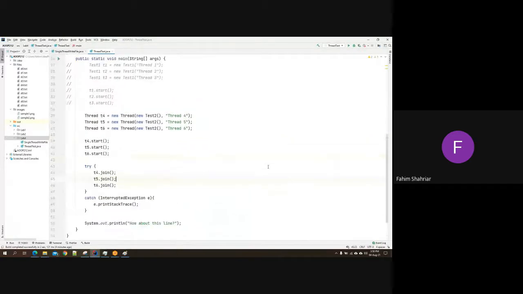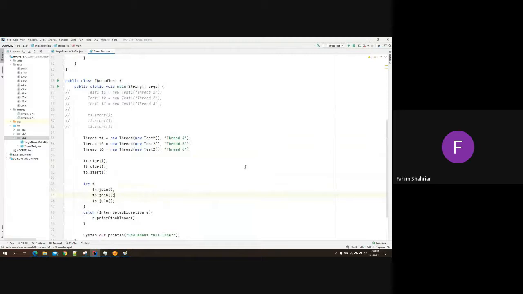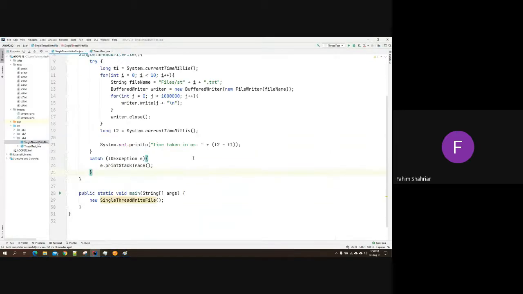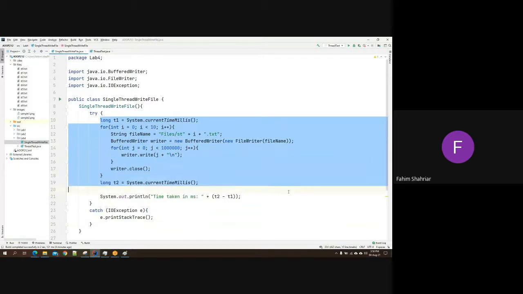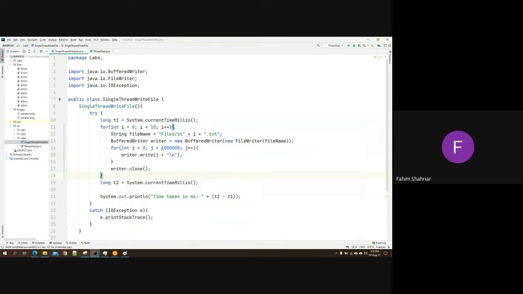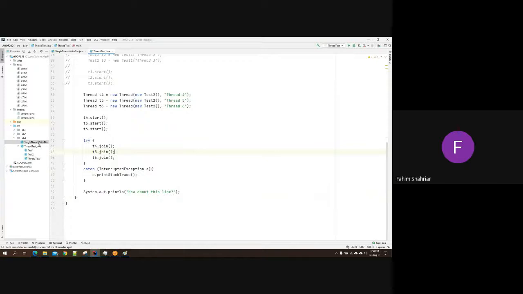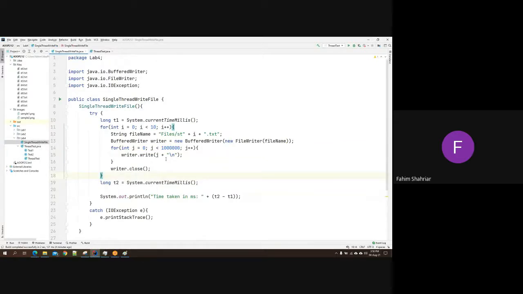Okay, so I think our knowledge for thread is completed to do our task. So remember the task. Taskটা কি ছিল? আমরা একটা সিঙ্গেল থ্রেডে এরকম 10টা ফাইল ক্রিয়েট করে রাইট করছিলাম। Now we want to do the same thing using threads. So we will create 10 threads for each file that will run and that will write 1 million lines to a file. ঠিক আছে, সো এই কাজটাই আমরা এখন থ্রেডের মাধ্যমে করব। সো থ্রেড কিভাবে ক্রিয়েট করে আমরা দেখলাম, থ্রেড কিভাবে রান করে আমরা দেখলাম।